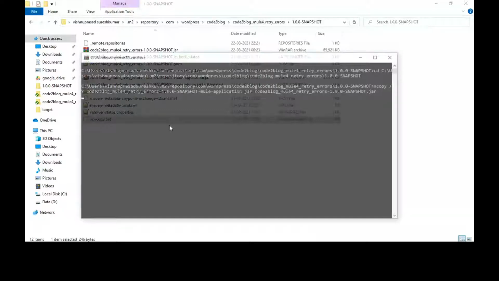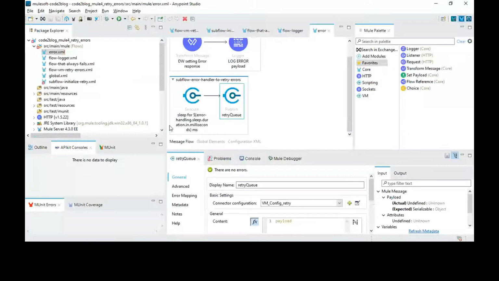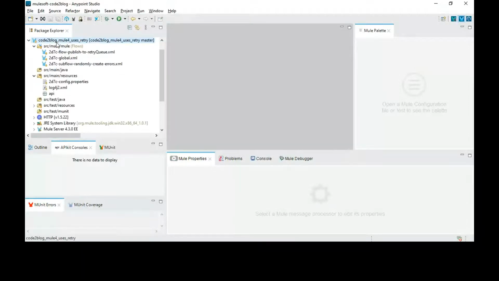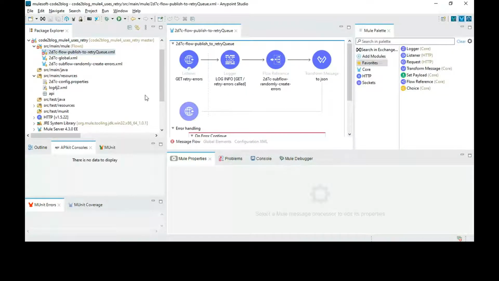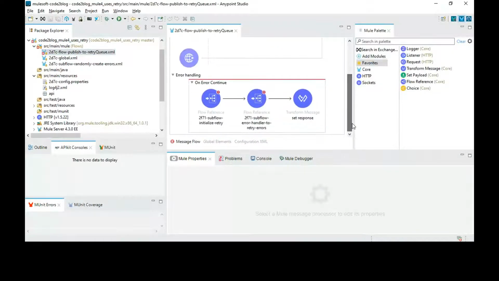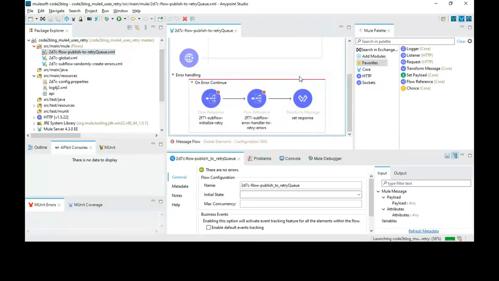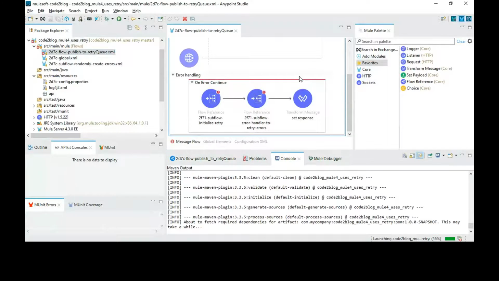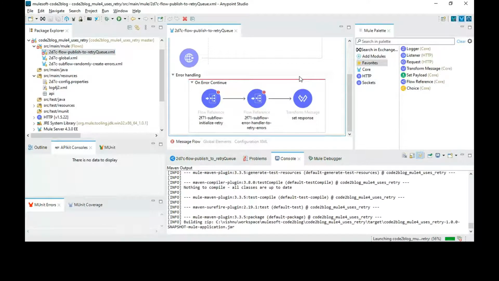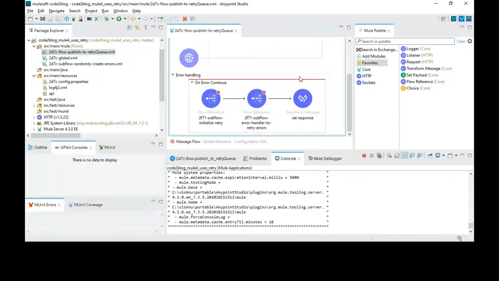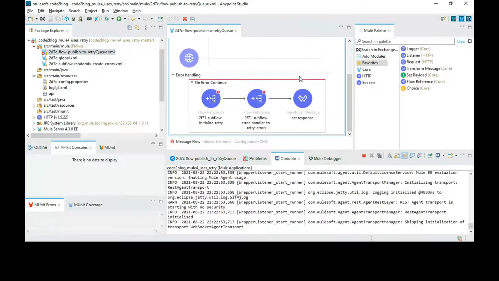I have now installed the jar file to my local Maven repository, and now I should package it into the main project which uses the dependency. Forget about the errors that are visible in Anypoint Studio. Anypoint Studio takes some time to understand that the dependency has changed. The code within the dependency has changed.